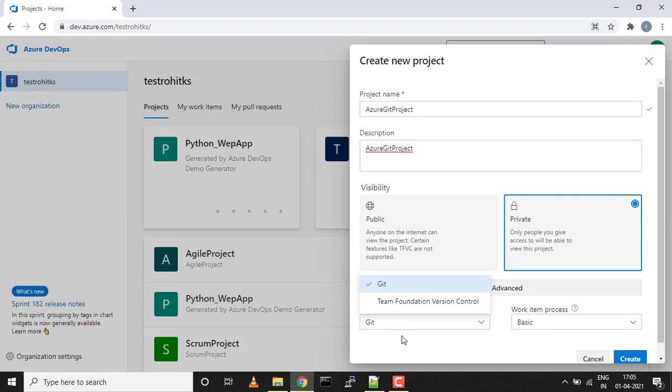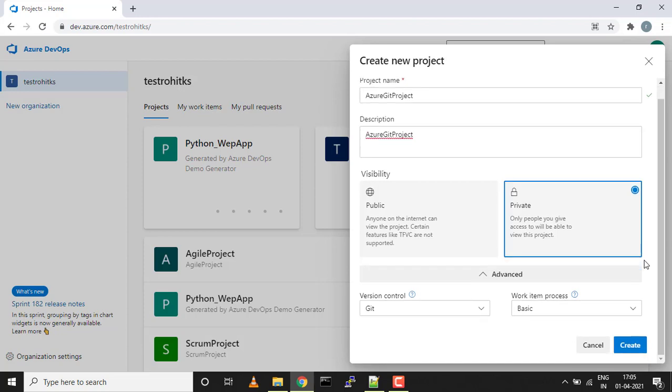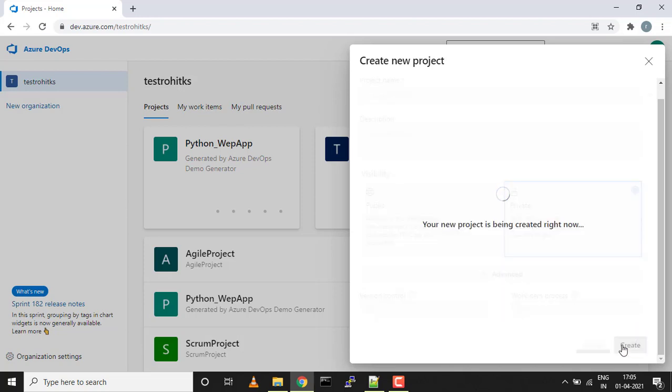TFVC is a centralized version control, whereas Git is a distributed version control. For work item process, I'm keeping it basic. For what exactly the work item process is, please check my old video, because in this video we are focusing more on Azure Git. Thank you. Let's create the project.